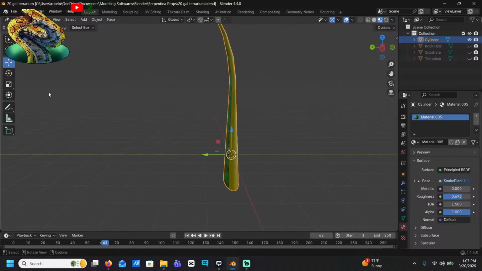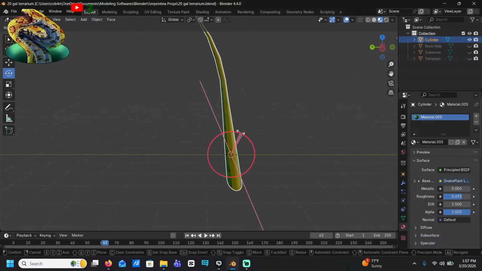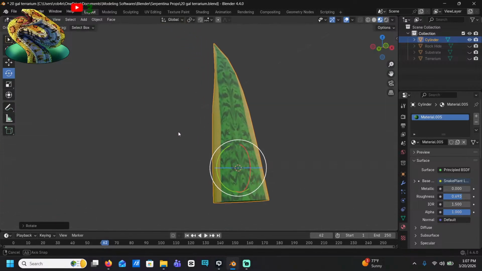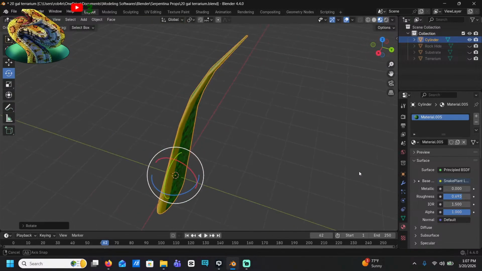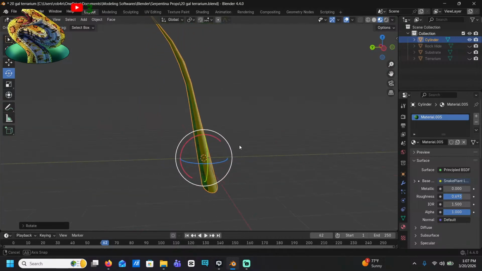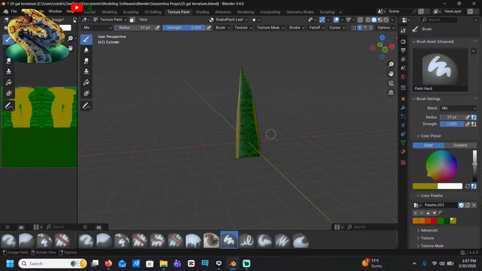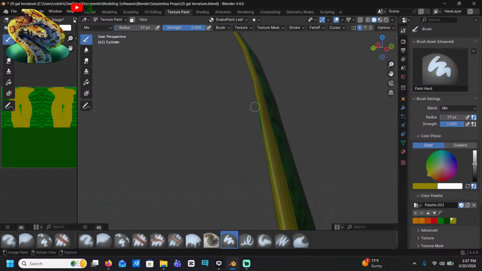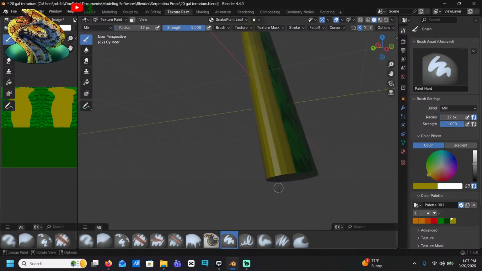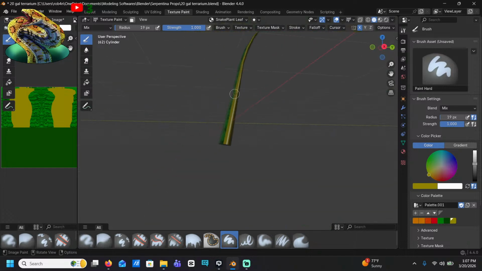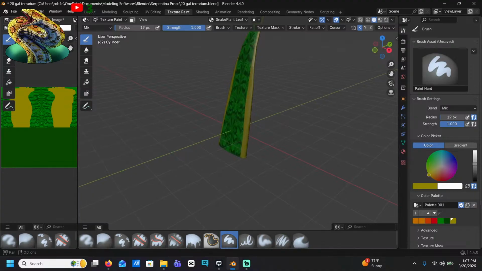There we go. Missing on the seams, but I'll fix that in a second. Actually, let me just go ahead and fix that. There we go.